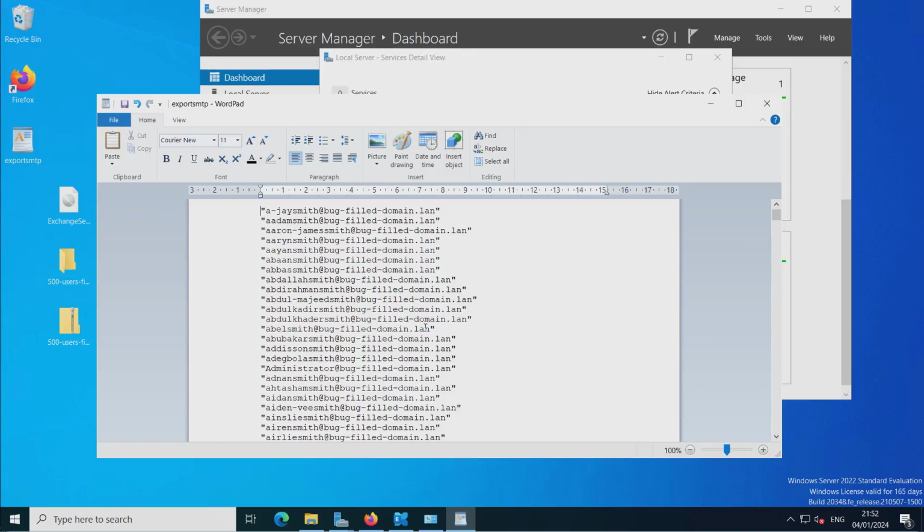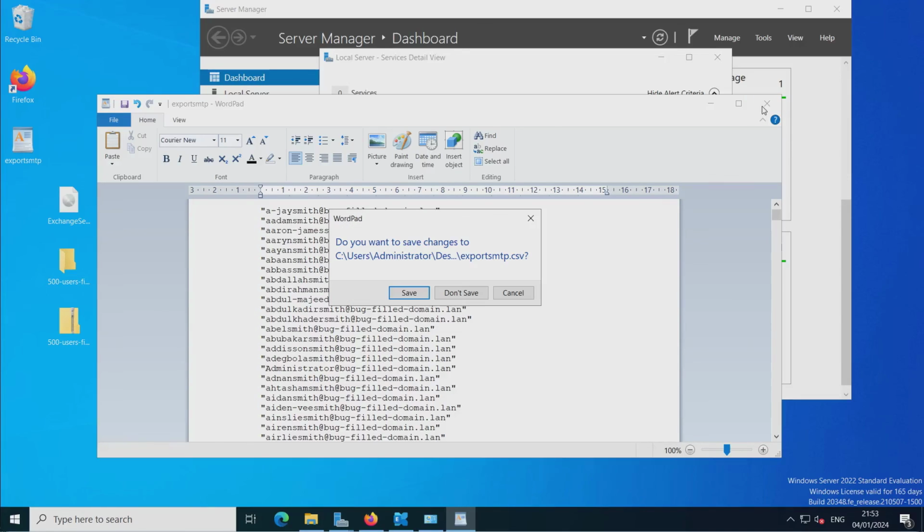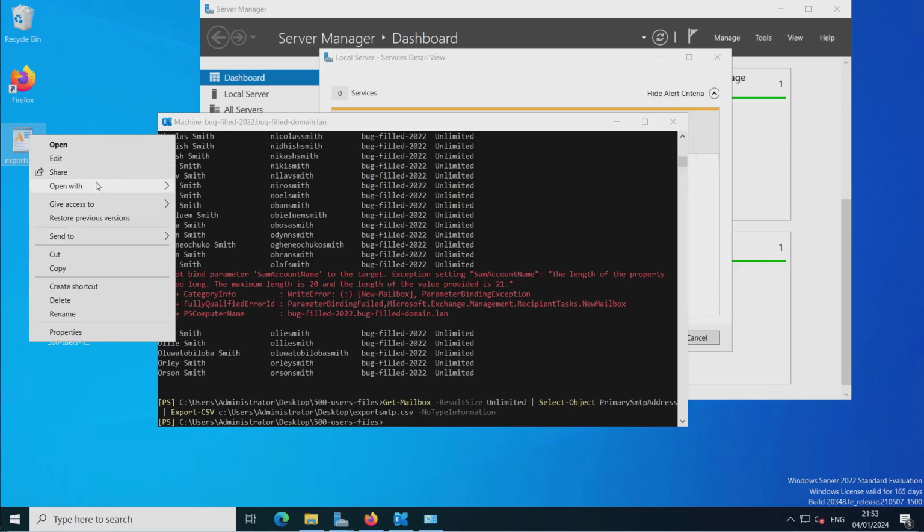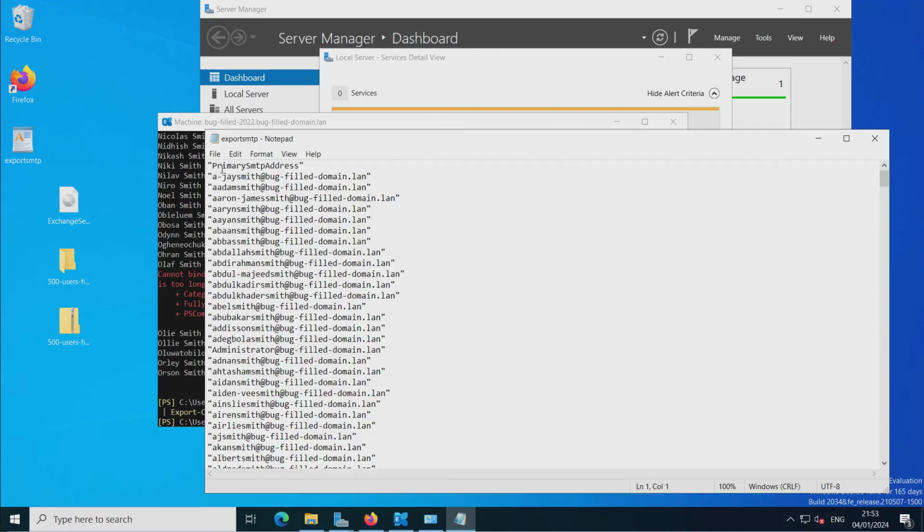Right, okay, so I just worked out what the problem was, why Postal wasn't working. So what's happened is that you see these quotes, yeah, so you have to get rid of them. So better just do it in Notepad instead. So just open it with Notepad. So what you have to do, if you get rid of this primary address,